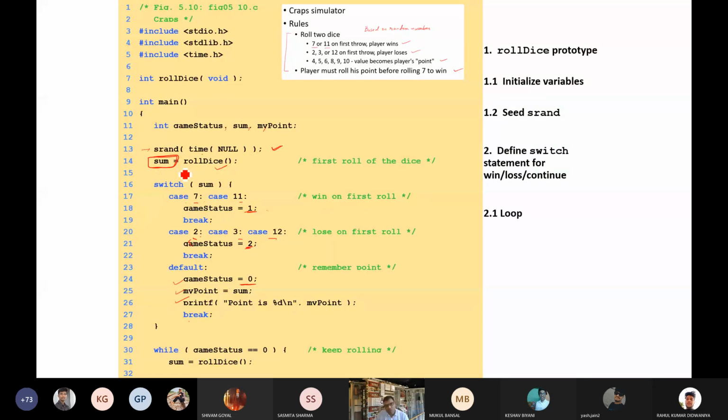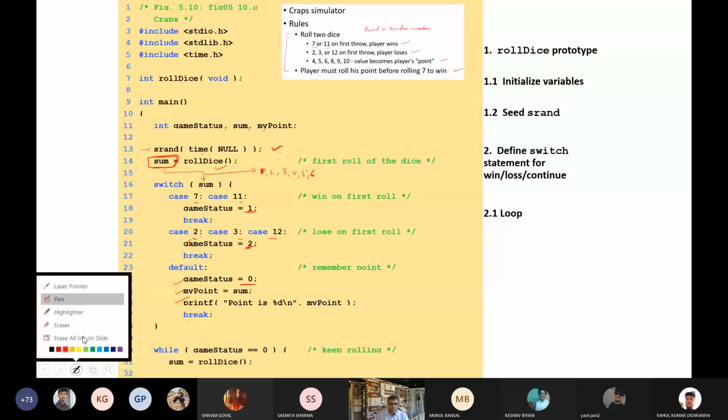Then switch on sum, whatever integer value. This may not be 0. This may be 1, 2, 3, 4, 5, or 6. No, it cannot be 1 because we are adding the two dice now.